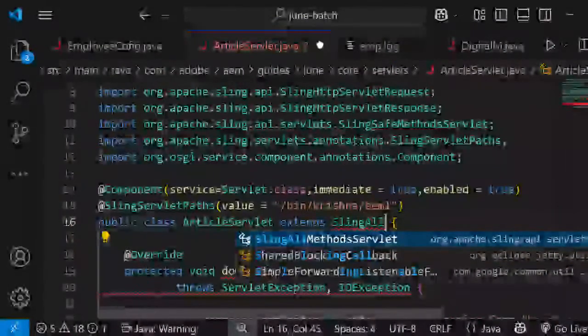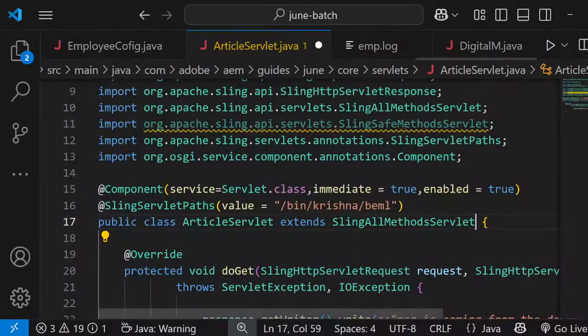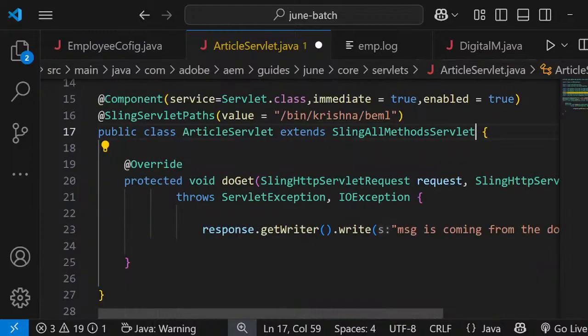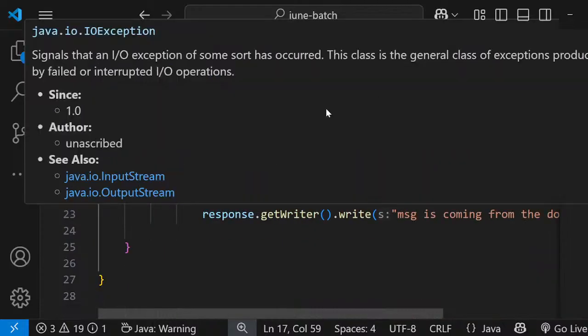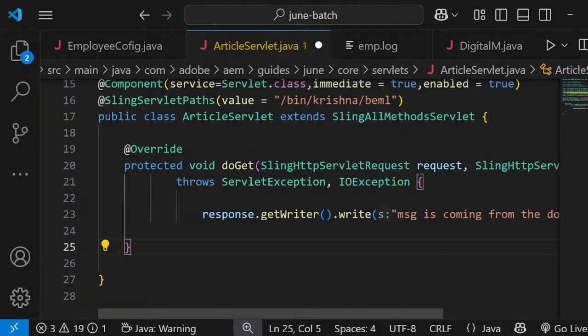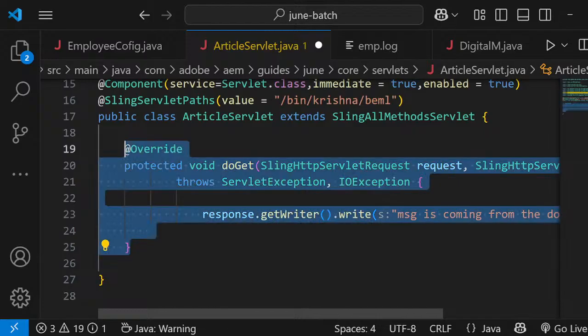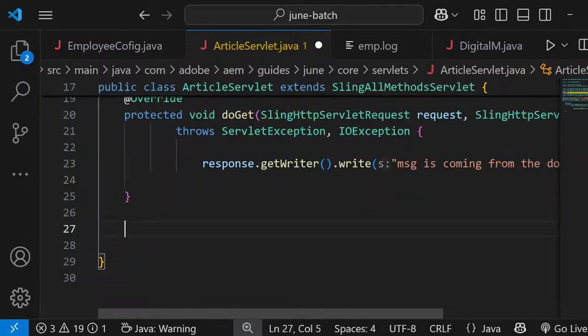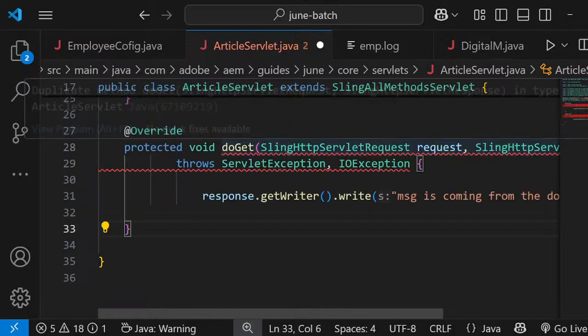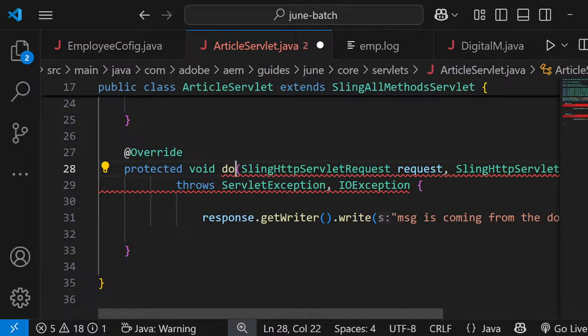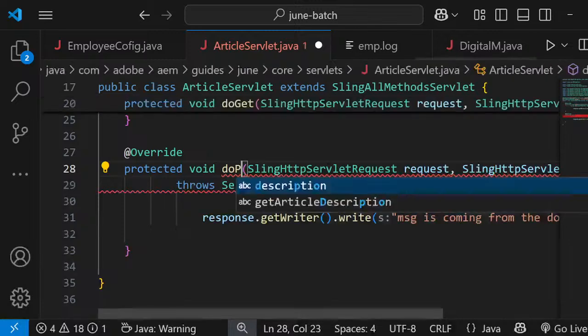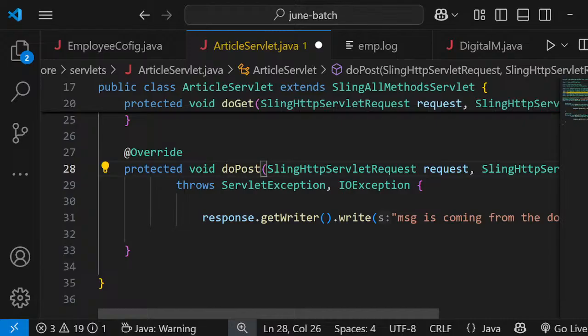SlingAllMethodsServlet can have all the methods. So I am copying this one, and there are other methods as well, like the doPost method, and next we have